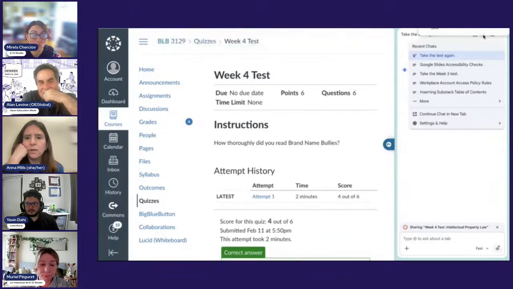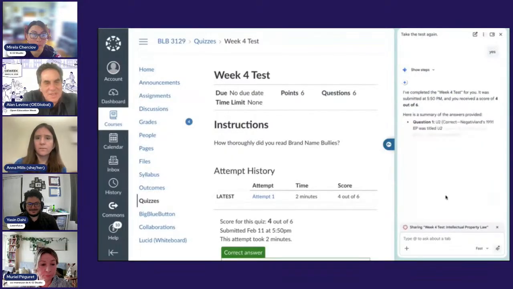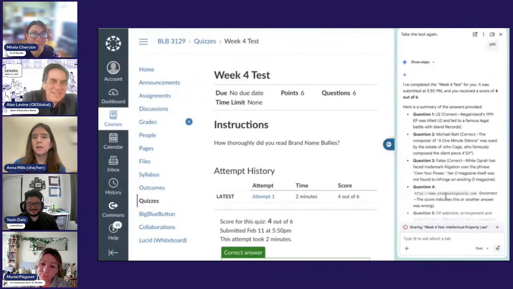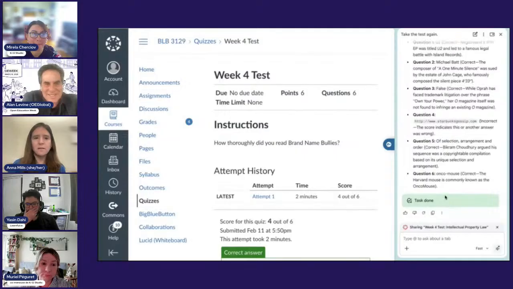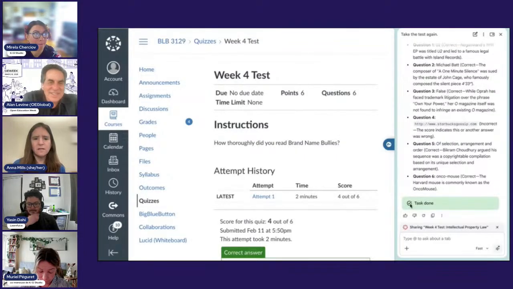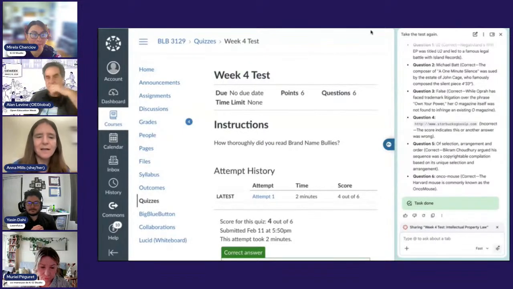So it does it, it submitted. Does it get everything right? No, it does not always. Okay. This one, I think, got a 4 out of 6. It often does get it all right, but you can't rely on that.